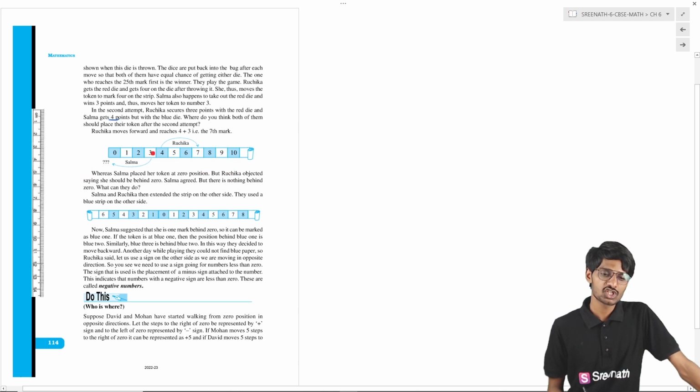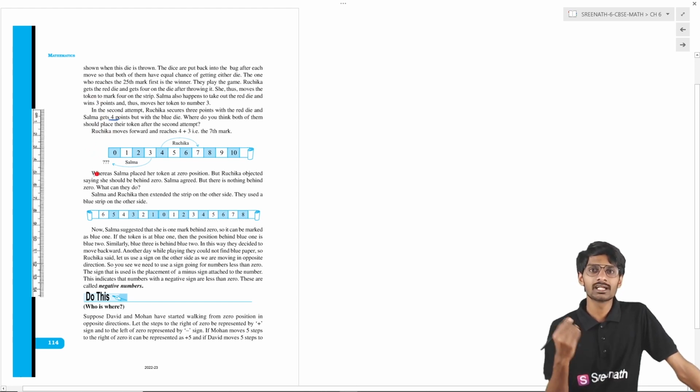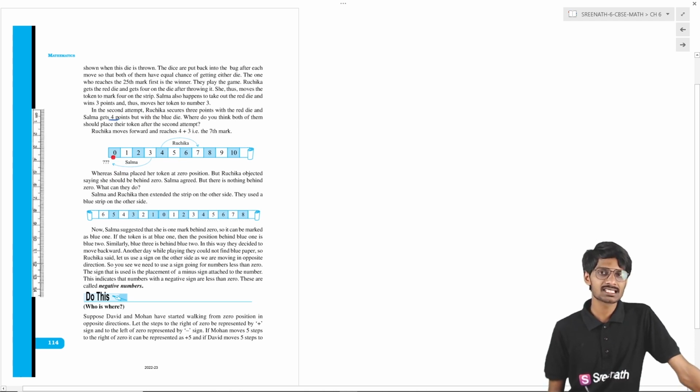So she is there, and she has moved 1 step, 2 step, 3 step. But still she has to move 1 more step, which means 4 steps. But there is no 4th place in it. So how can we do it? Can she put the token at the 0 place? It's not the correct way. Why? Because the 0 place is only at the 3rd place. So what has Ruchika done? Ruchika has said that you have to keep your token 1 step before the number step 0, which means